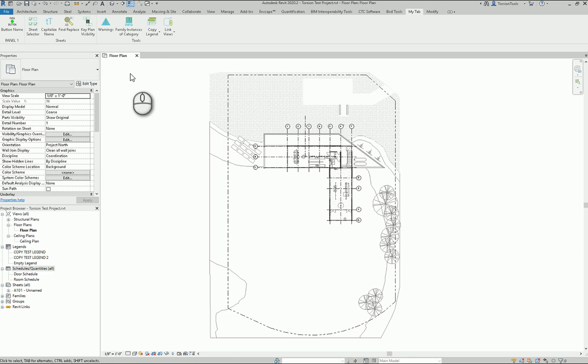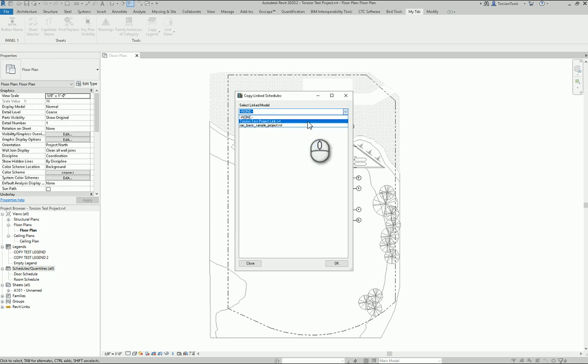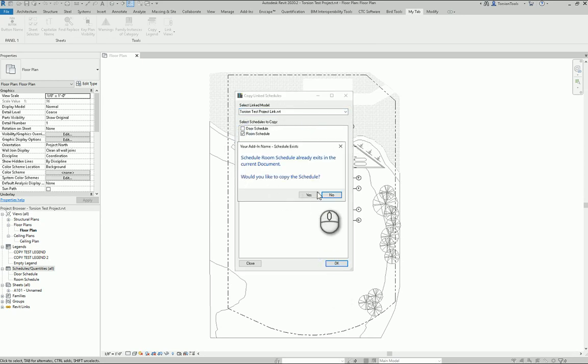Legends gets more tricky because you have to go select everything inside the legend and then create a new legend at the same scale, paste everything in. And either one of those will also check. If we just duplicate one of those here real quick, you can see too that if a schedule with the same name exists in the project, it will ask you, hey, do you really want to copy this? And if you hit yes, it actually will go ahead and copy it over, and it'll append, you know, the 1, 2, 3, the typical copy